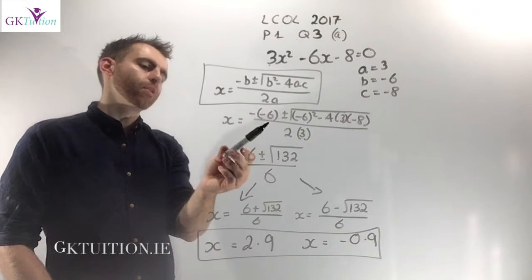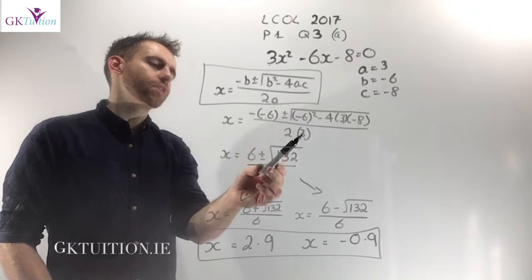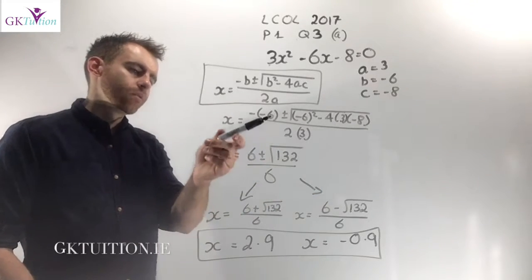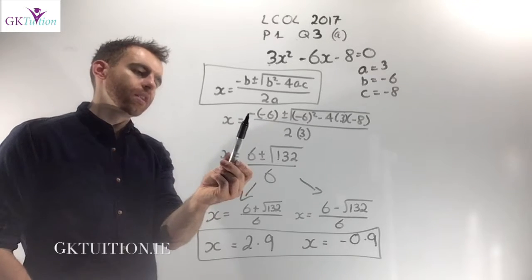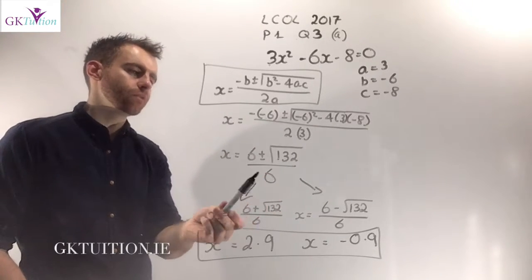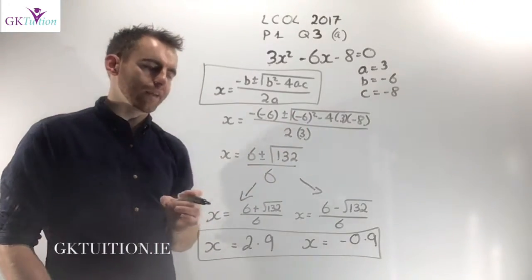So instead of b I put in minus 6 in each case, instead of a I put in 3 in each case, and instead of c I put in a minus 8. So all I did there was sub everything in. Now minus multiplied by minus gives you plus 6, 2 multiplied by 3 gives you 6. And what you should do is multiply all the numbers